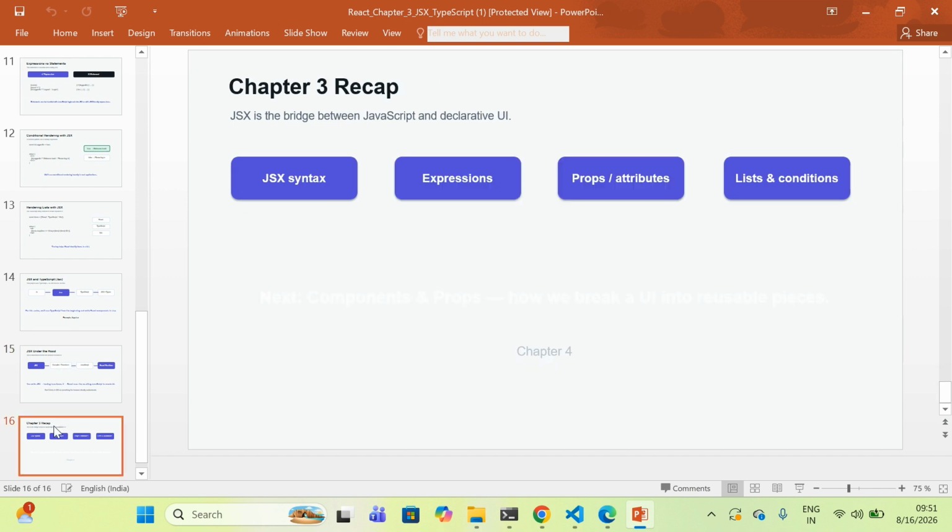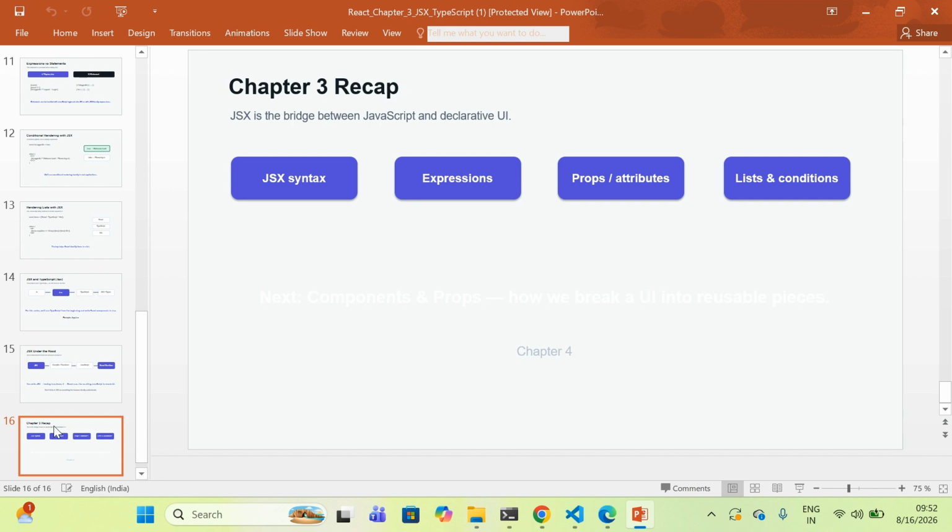So this is the last slide in the chapter. Let's take a moment and summarize what we understood in this chapter. JSX allows us to describe our user interface using a syntax that looks similar to HTML, but JSX is not HTML. JSX lives inside JavaScript or TypeScript. We use curly braces when we want to bring a JavaScript expression into our UI.